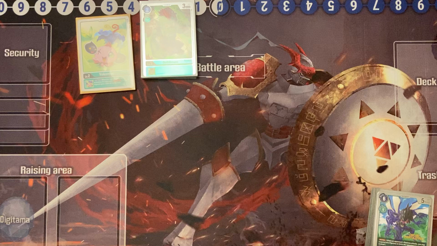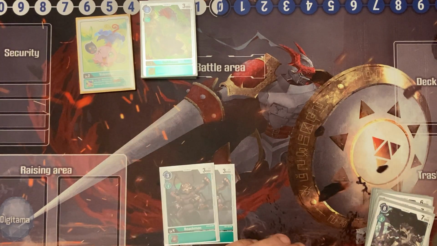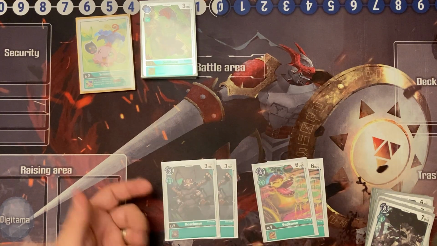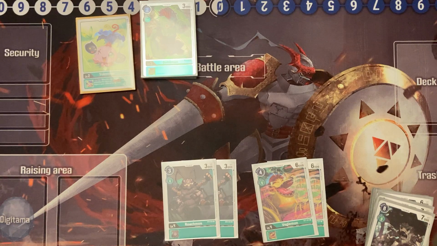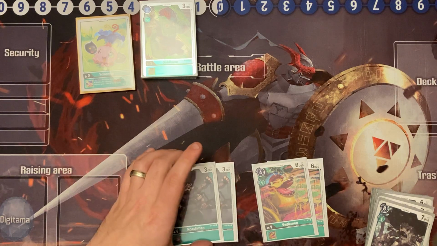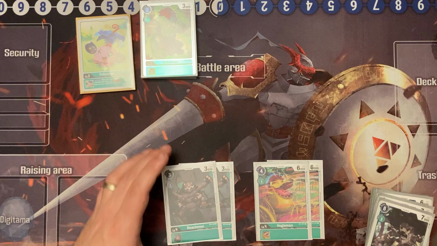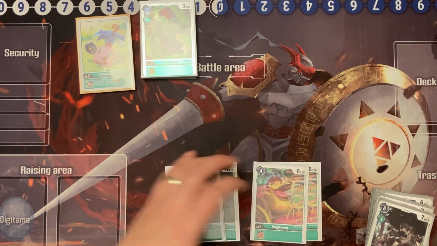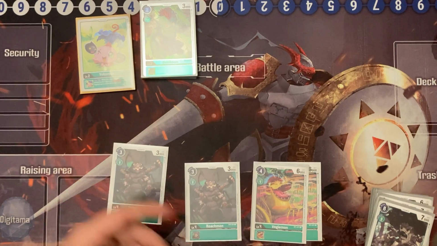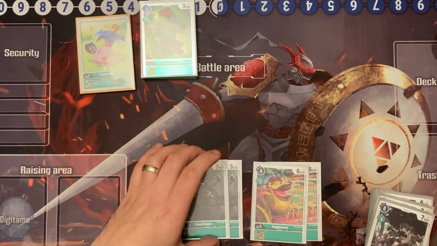On to the level 4s, we have 2 Roachmon and 2 Vegemon. Technically they're all Vegemons, but Roachmon's just there for that cheaper play cost. Although it is applicable that it can get killed by things that reduce DP, or things that kill under a certain DP threshold. So there is that. But generally, you're probably not going to want to play this and not do anything with it. You're probably at least going to want to play it and go into a level 5 or something like that,